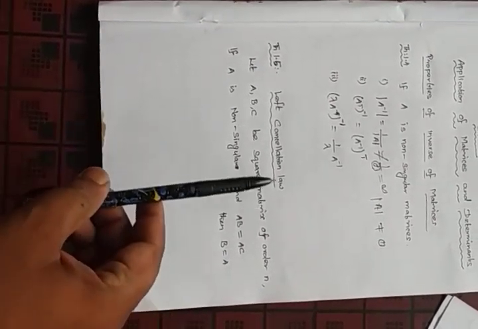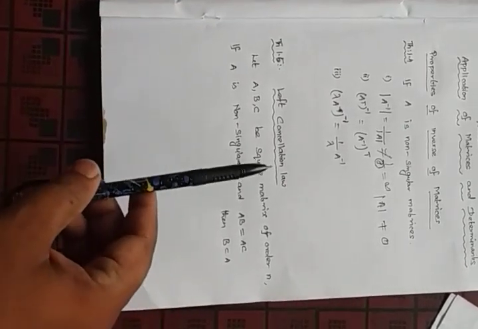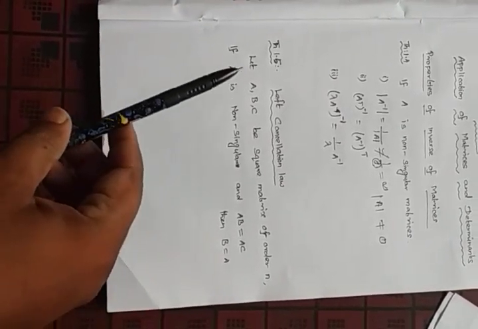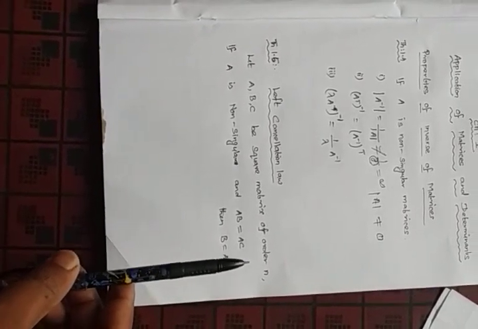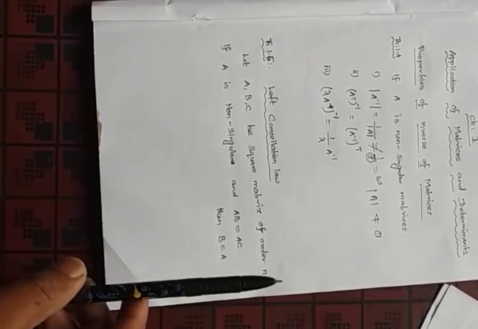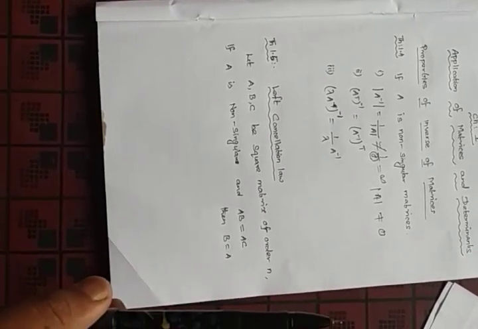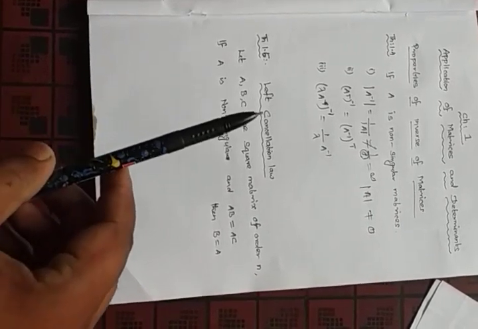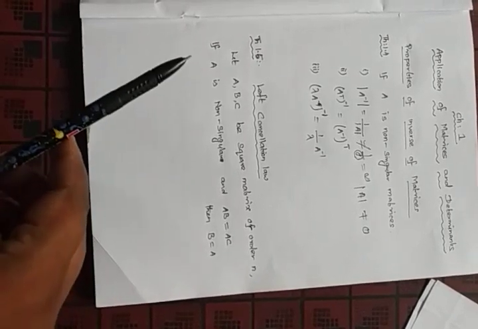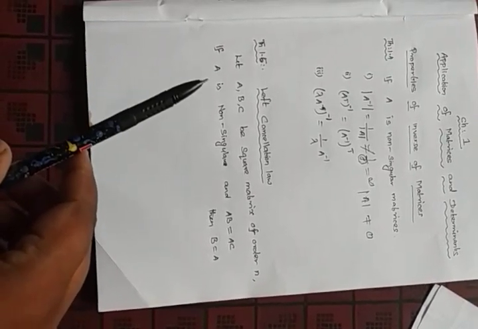Let's see the next one. The next theorem is the left cancellation law. Why are they saying left cancellation law? Just see how the statement is. Let A, B, C be square matrices of order n. Note that all these properties are only for square matrices. It should not be a non-square matrix. And if A is non-singular,